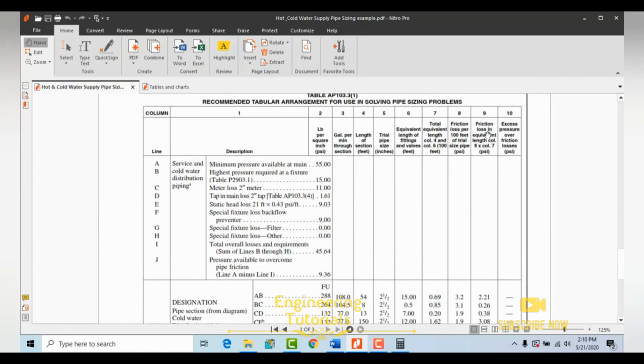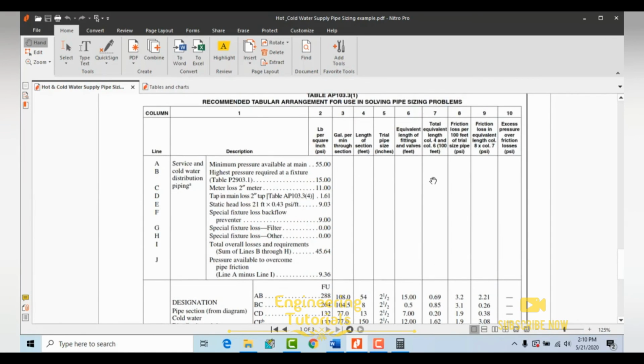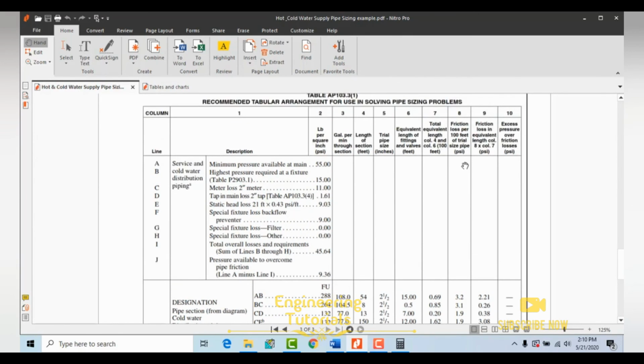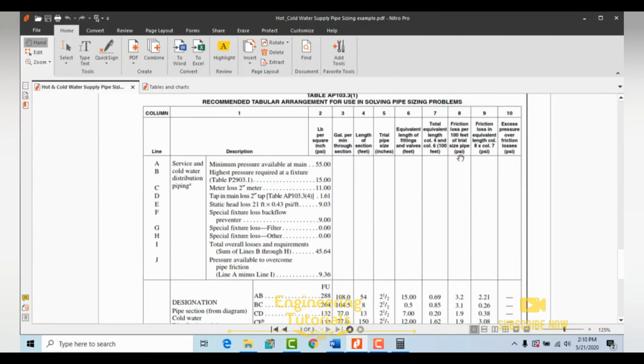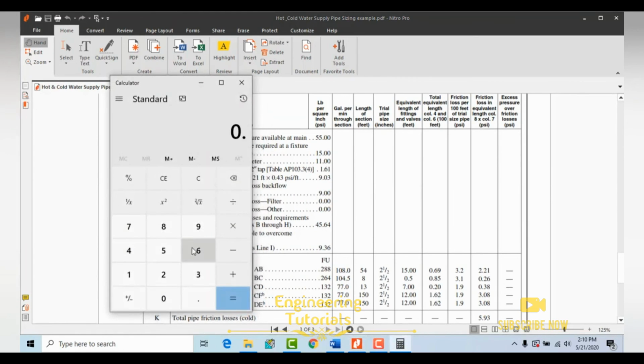So next column is the friction loss in equivalent length. So now we know the total equivalent length based on our straight length of the pipe and based on our valves and fittings, and we know the friction loss per 100 feet based on our trial pipe size. So friction loss in equivalent length will be, we need to multiply column 7 and 8, and you will get the friction loss in equivalent length. So 0.69 into 3.2, that is 2.21,